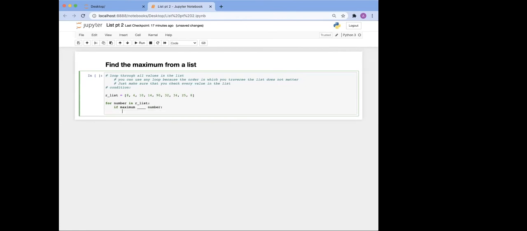When we did the algorithm, there was a lot of comparison. I said, this number is bigger than this other number, therefore we had to make some kind of change in our current maximum. So if maximum blank number, where we have our blank,